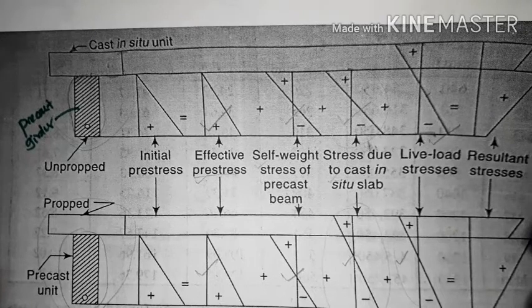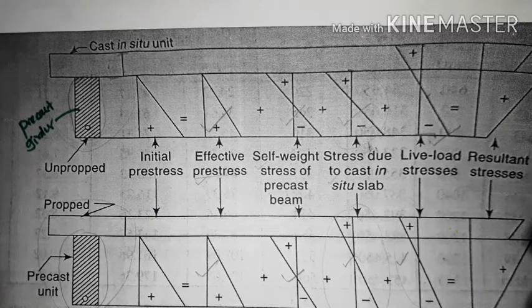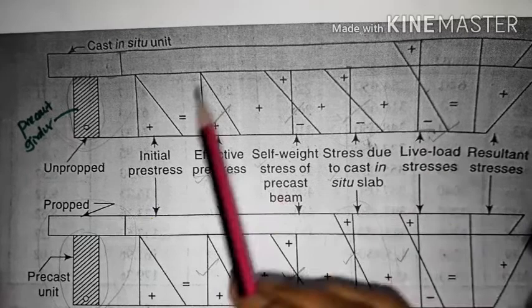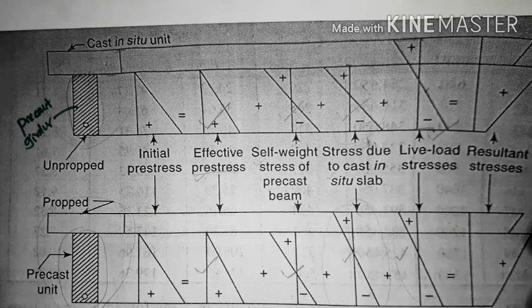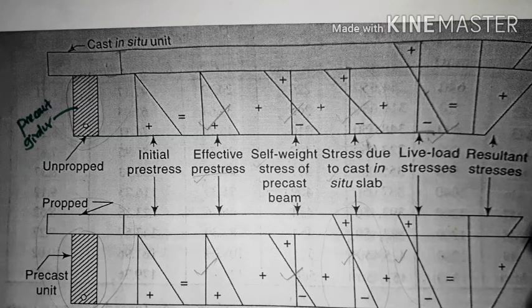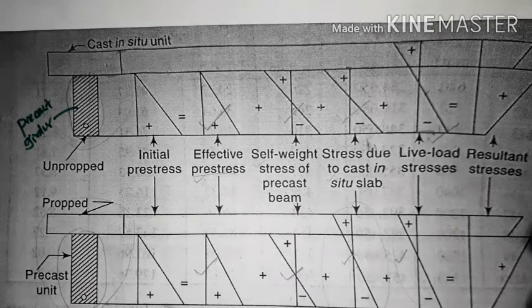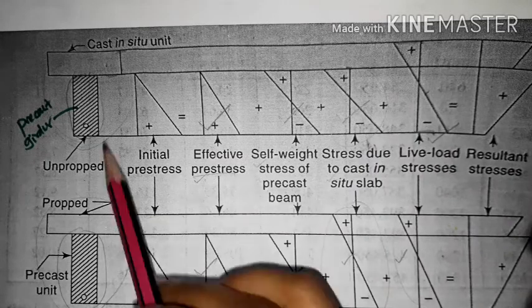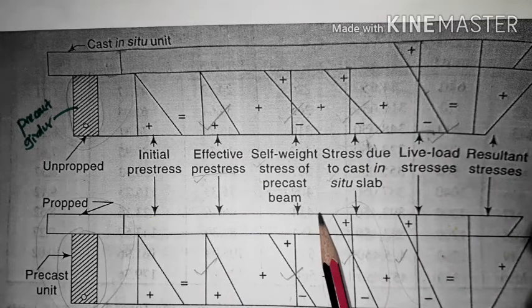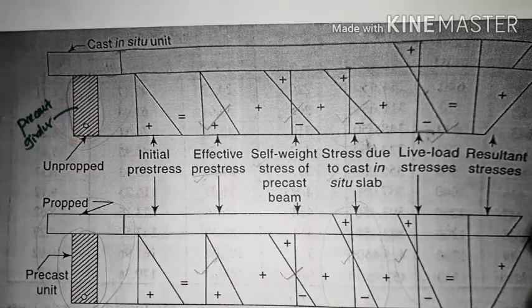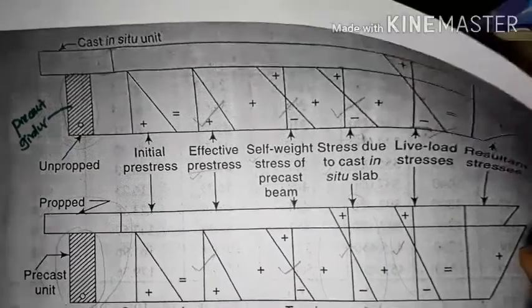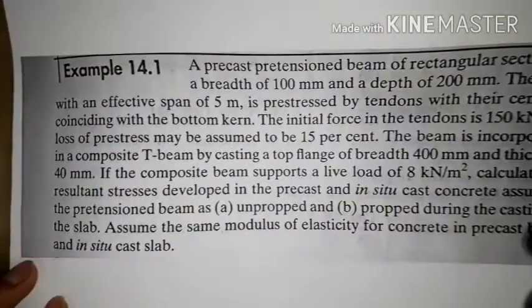In today's session I am going to discuss how to get this stress distribution by taking a small problem, so that we can understand it in a better way: how to get the stress distribution, how to choose properties, and which property you have to choose first when it is considered as a composite section and when it is considered as only a precast girder. So let us solve a problem now. I will read out the statement of the problem here.